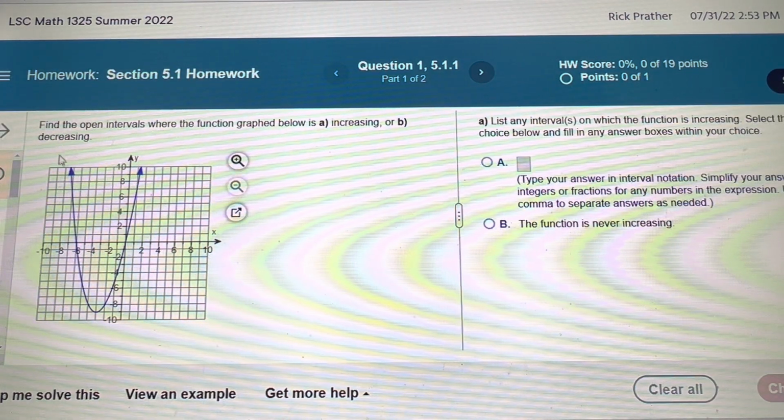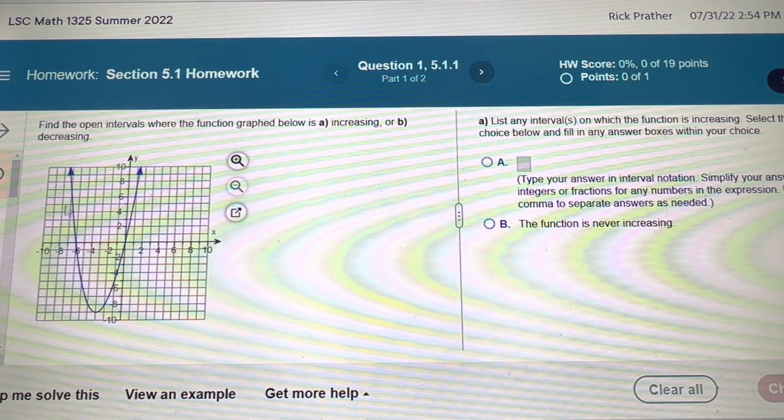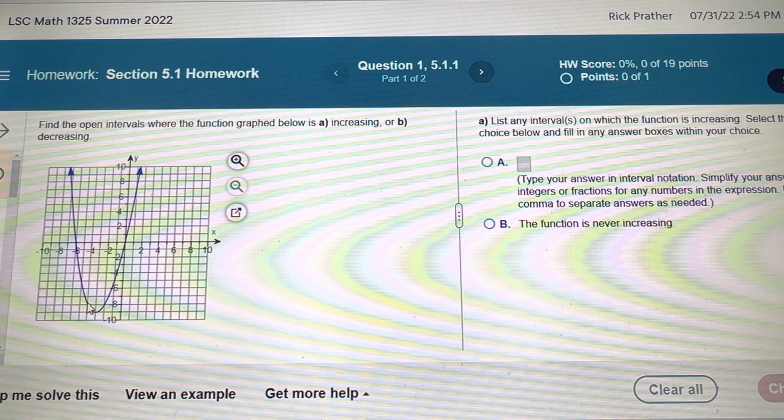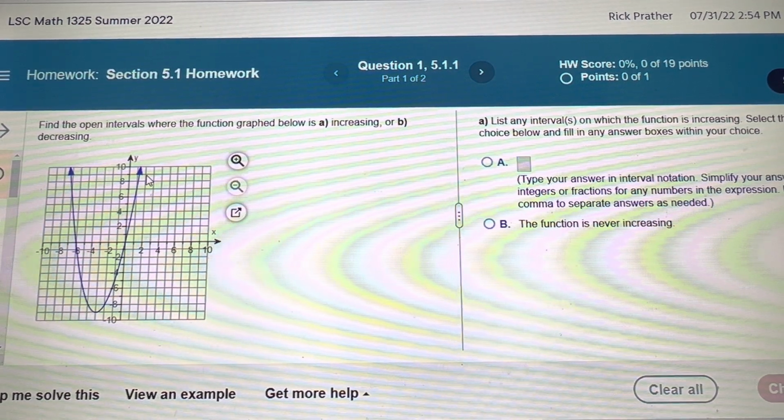So we have this parabola right here. Find open intervals where the function graph below is increasing or decreasing. This part of this is taught in algebra classes where you just travel left or right on a graph. And if you go left to right, if you were drawing this with a pencil, when is your hand moving downward, and then when is your hand moving upward? But the key is to go left to right, because otherwise some people look at this and say,